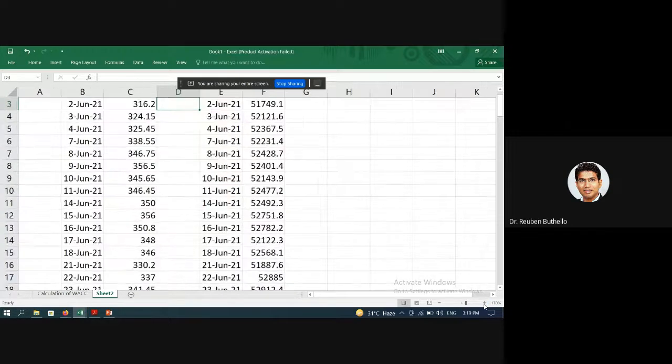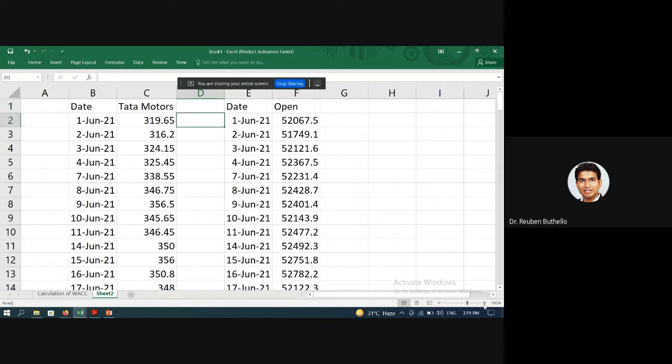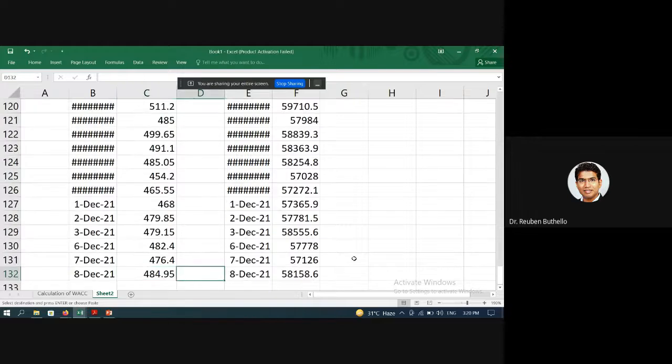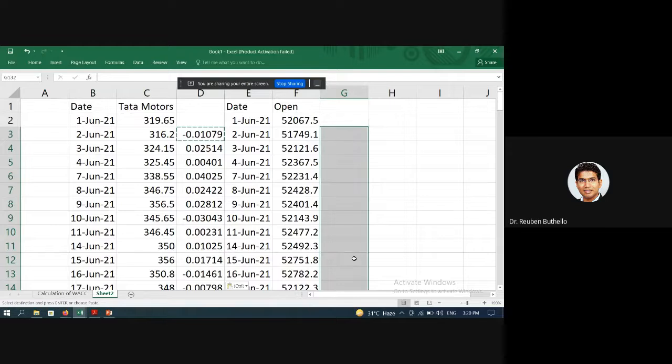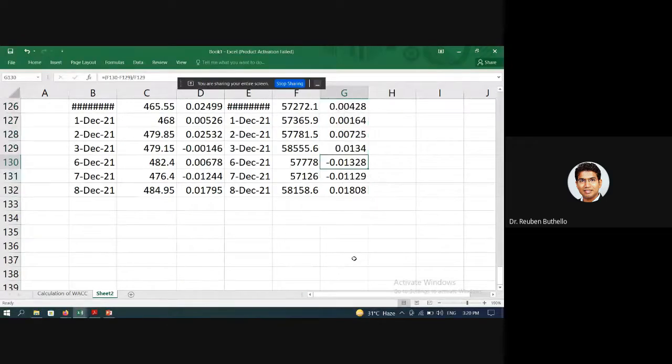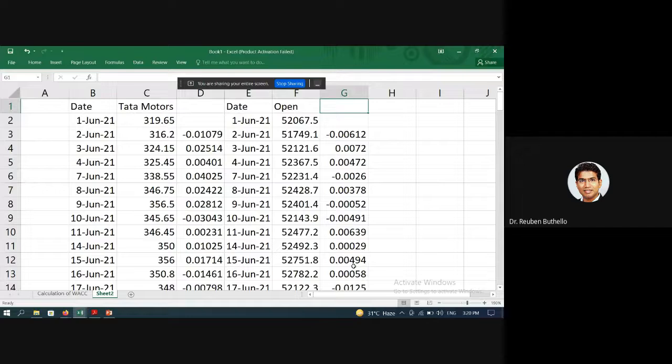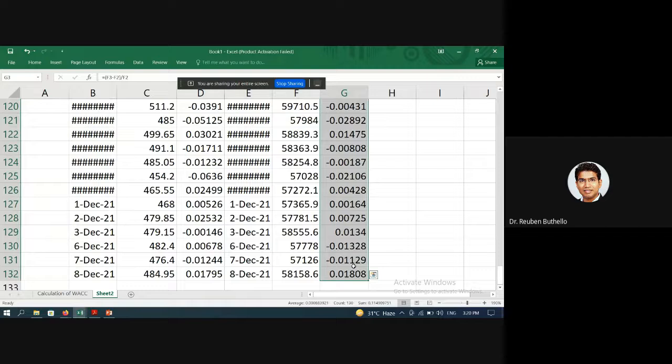Let's zoom in a little for you guys. Okay, so I'm going to use final, that is this amount. First I'll put a bracket: final minus initial divided by initial. So I have my returns. I'll copy this, go down, paste this, and paste. So you see what I've done? I've finished the returns on both the stocks, and I can now get it in percentage form or I can leave it as it is. Just a second.